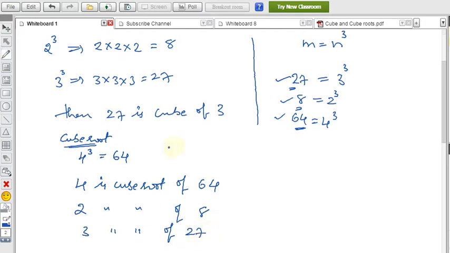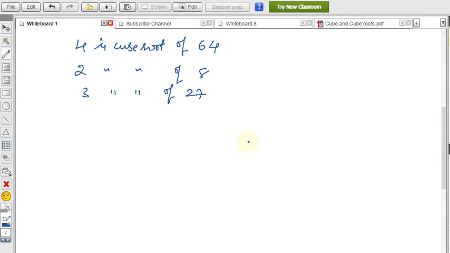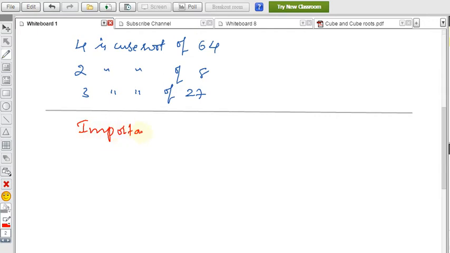Okay, let me explain some important points in this cube and cube root. Then we'll see the worksheet or some practice exercise questions. These points are useful to identify the answer directly instead of doing a lot of calculations. First one,